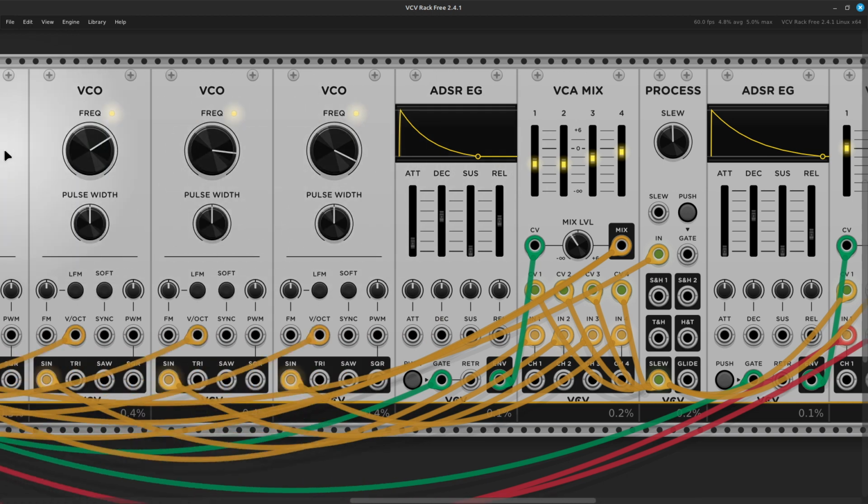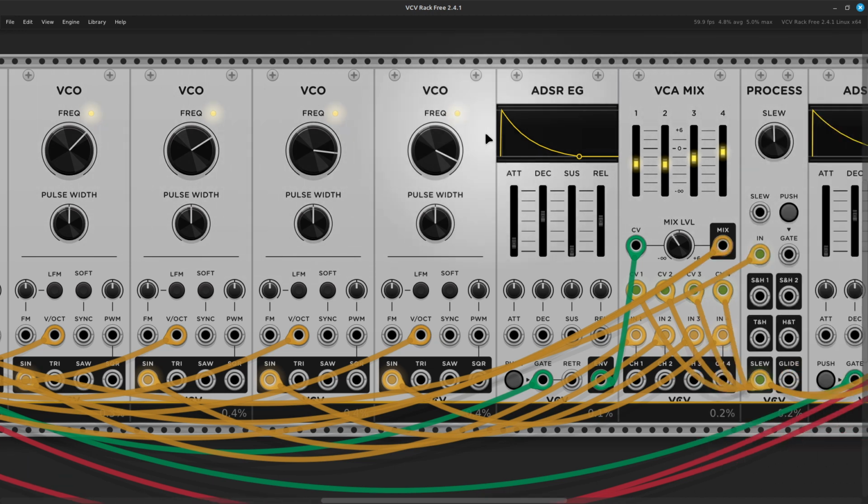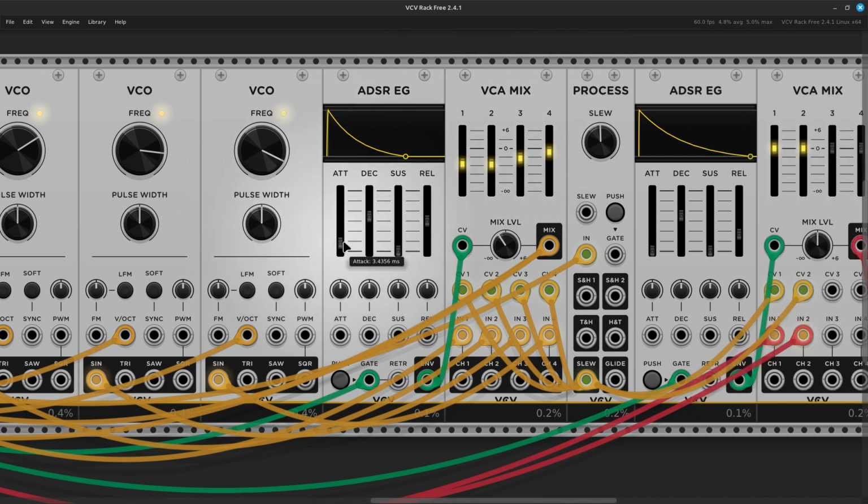Now, another thing you could do is put individual envelopes on these so that they ring out at different rates. Meaning they'll die off at different times, which helps you control a little bit more the shape of the modulation and therefore kind of like the ringing of the bell tone. There, if I slow the attack,